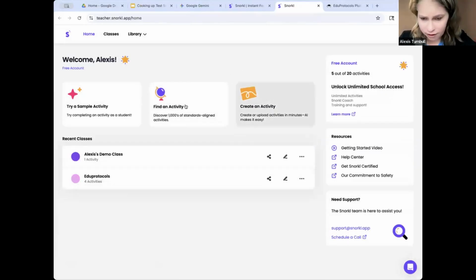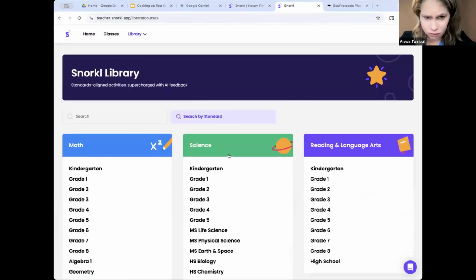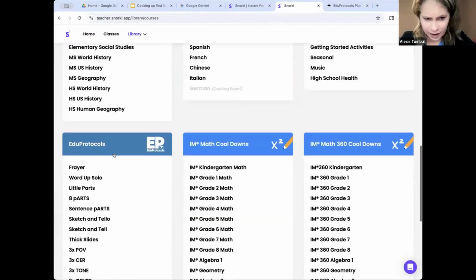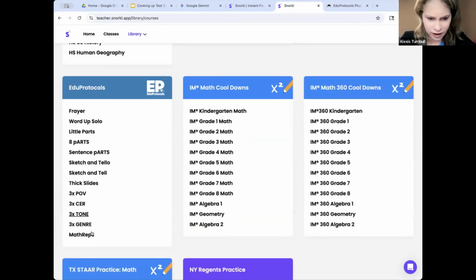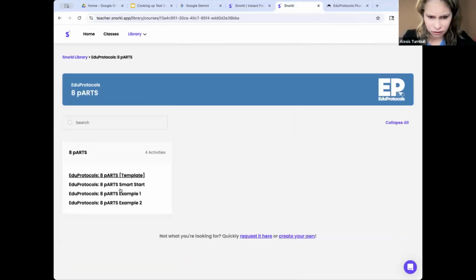So you would go, this is how it looks. You go to Math Cafe, you'd have to create and upload. But if you have not seen it on Snorkel, we have this EduProtocols corner right here. There's the sketch and tell that I did. 8 parts. If I had to go back and teach 3rd grade again, I would absolutely use 8 parts on